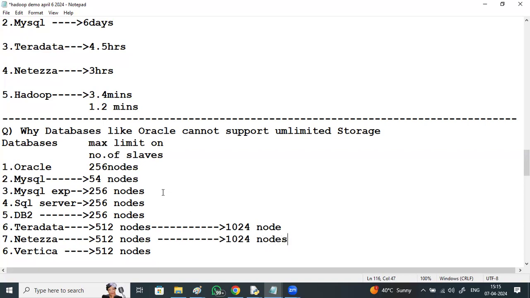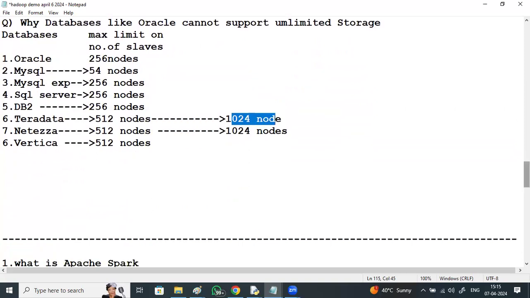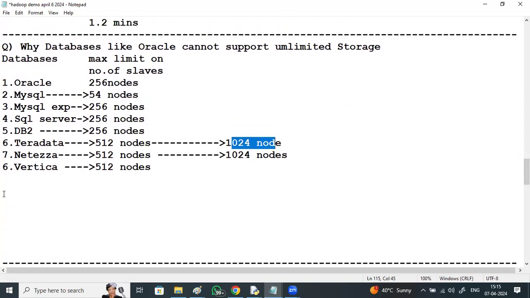Still, we cannot say it's unlimited storage, whether 256 or 512 or 1024.